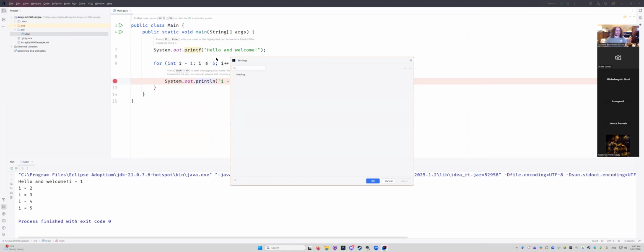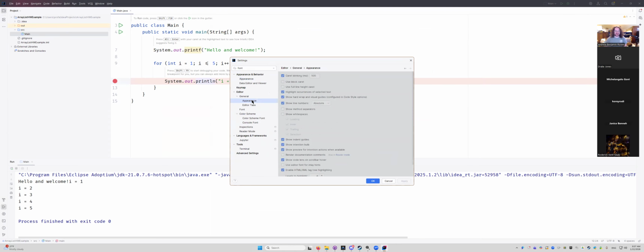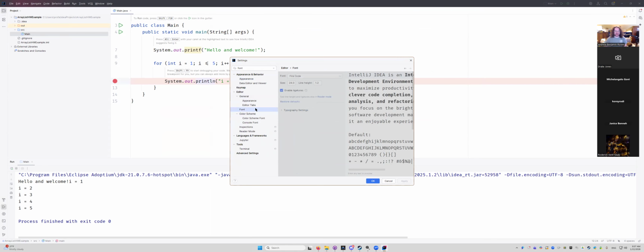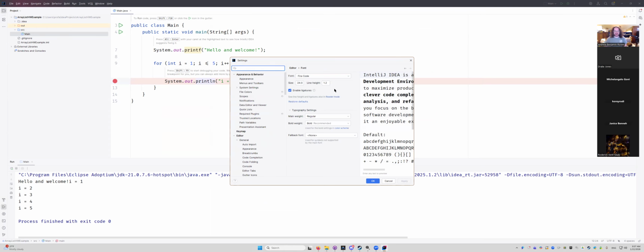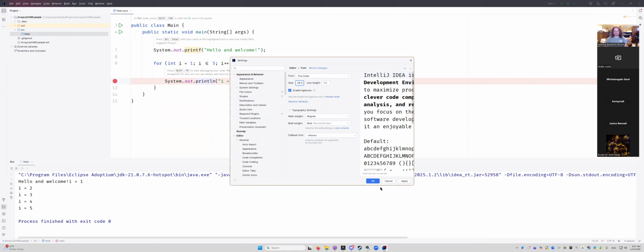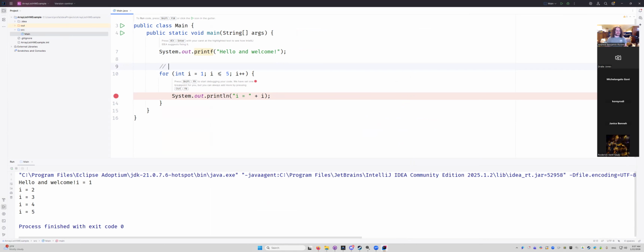Okay, settings. Font, general appearance. Here we go. Fura Code. I think 28. Apply. Here we go. That's kind of where I want it. Okay. So, to be clear,